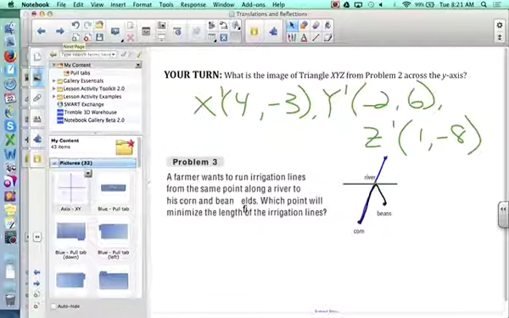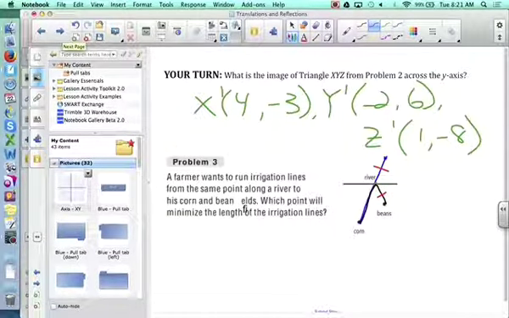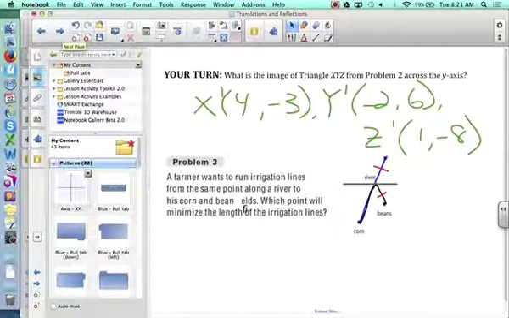Why would reflection work? Well, because some of you are kind of deer in the headlights. This is congruent to this. And if the shortest distance between 2 points is a straight line, then I have just created the shortest distance from the corn to the river and back to the beans. The assignment is on